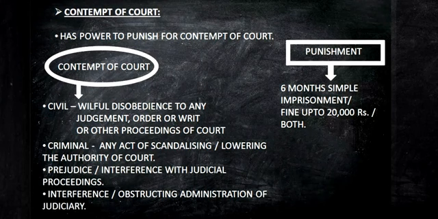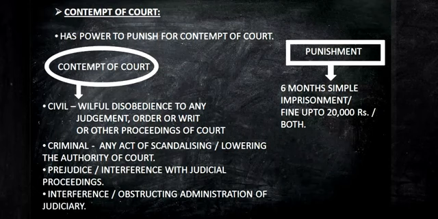Recently there was an example. There was a judge, Justice Karnan. He always criticized the Supreme Court, saying that the Supreme Court does not have proper judges, the Chief Justice of the Supreme Court is a mad person, I am the better person, and he was saying so many things. The Supreme Court took that activity as contempt of court, and right now that person is in jail. So it is an example of contempt of court.